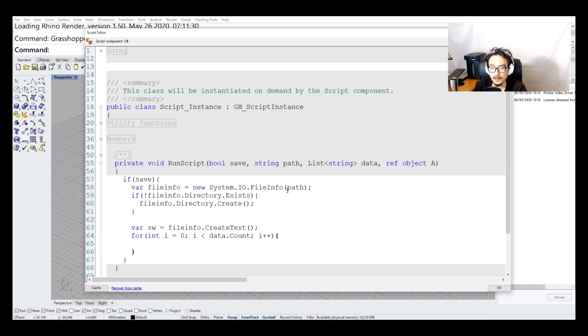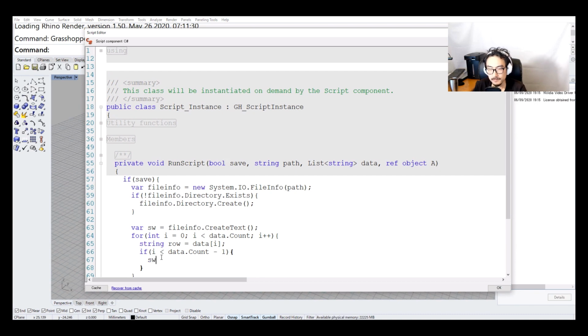And let's get each row value from this data, like this. And I'm going to make a little bit of condition. If i is less than data.Count minus 1, then I'm going to write the text into this file that I have created, which is this one, the StreamWriter,